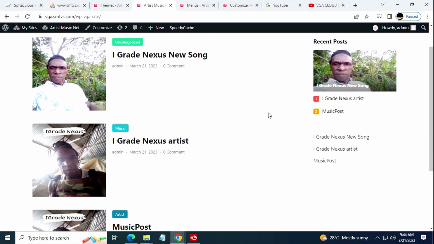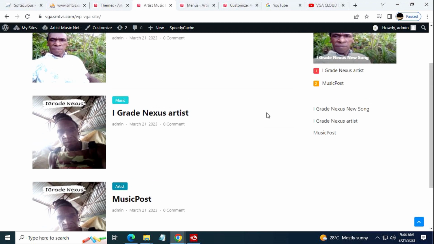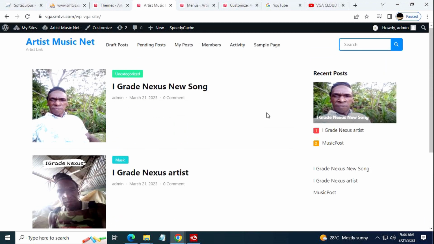So okay, this is the artist music net template built from scratch. If you guys need a copy of this template, don't be shy. Hit up admin at vga.smtvs.com. And I will just copy. I'll make a clone. I'll clone the site and I'll download the database and so forth. I'm overall in the development site, and all this stuff is going to be there in the future. You can download this